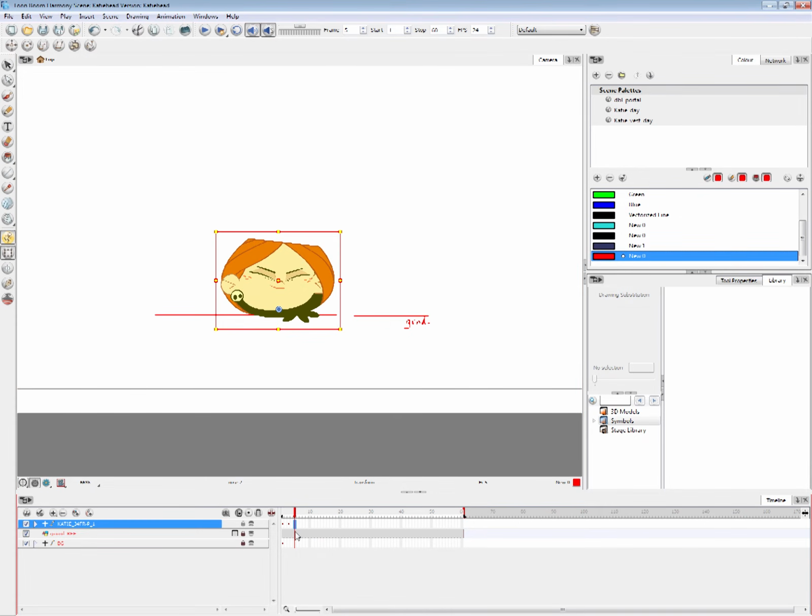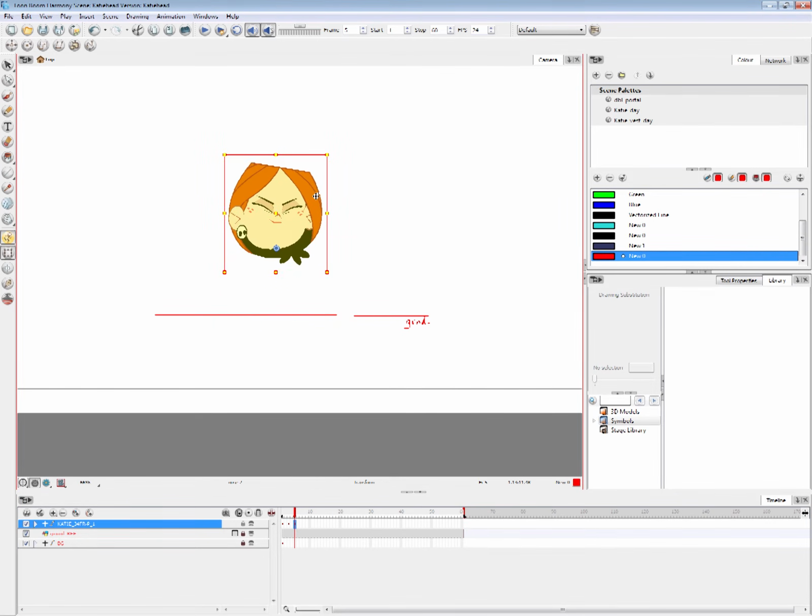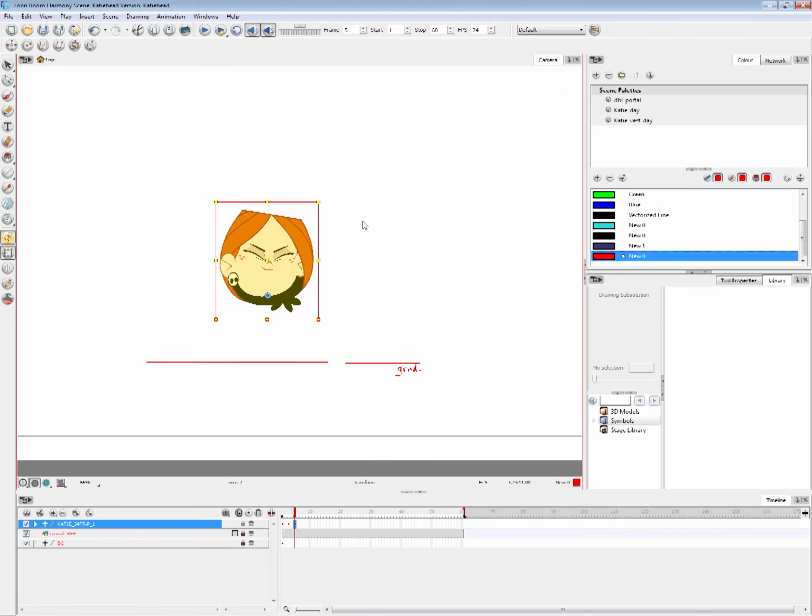Next we'll work on, so I just moved the second pose to frame 3. Next we'll skip to frame 5 and make a key there, pushing F6. And I guess I wanna, do I want to have her eyes open on the way up? Sure.